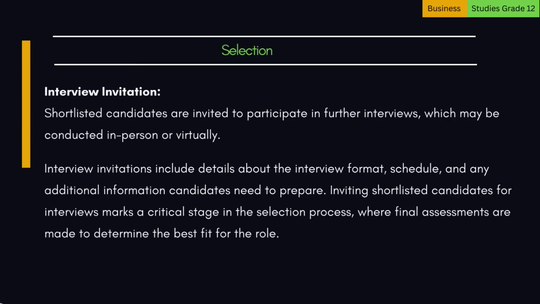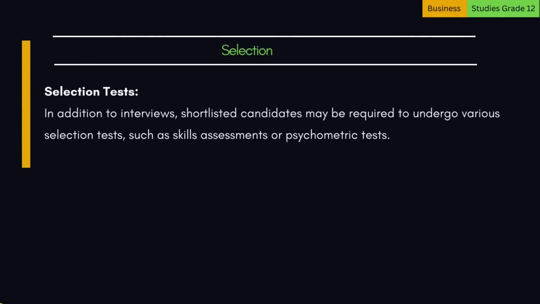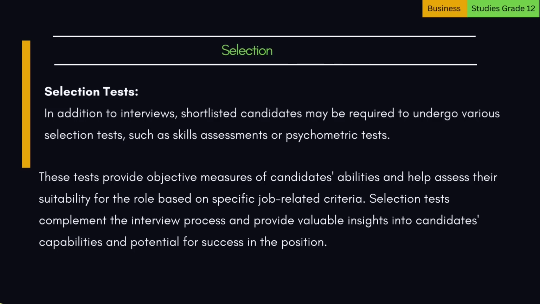Inviting shortlisted candidates for interviews marks a critical stage in the selection process, where final assessments are made to determine the best fit for the role. 10. Selection tests. In addition to interviews, shortlisted candidates may be required to undergo various selection tests, such as skills assessments or psychometric tests. These tests provide objective measures of candidates' abilities and help assess their suitability for the role